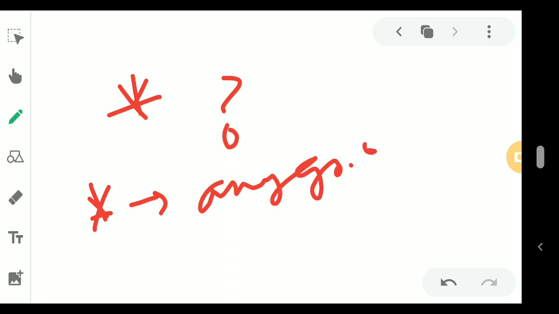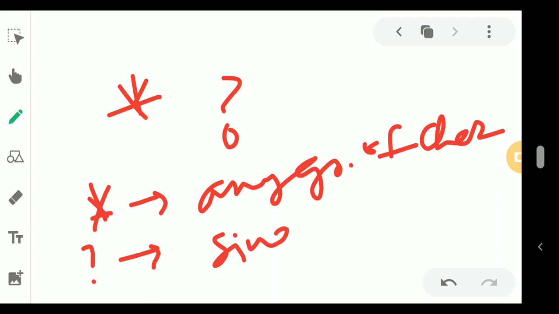These two symbols are known as wildcard characters. This allows the user in DOS to specify a group of files. The wildcard character star indicates any group of characters, and the question mark indicates a single character.